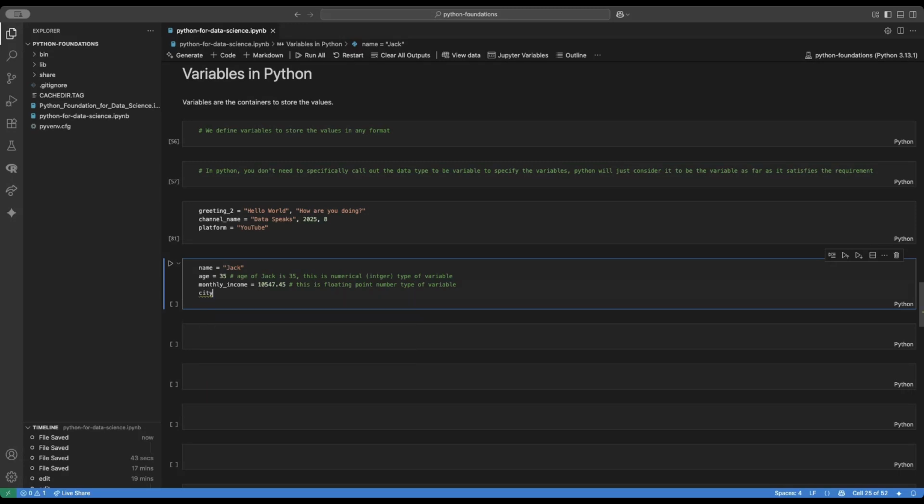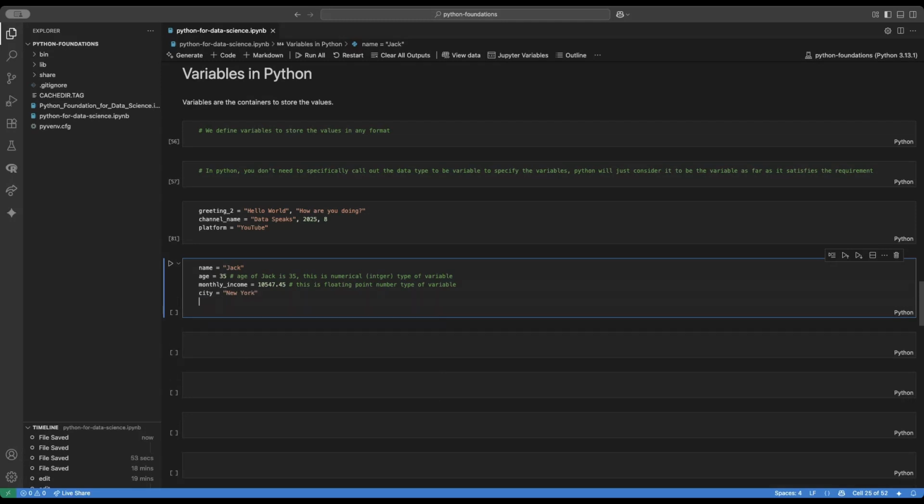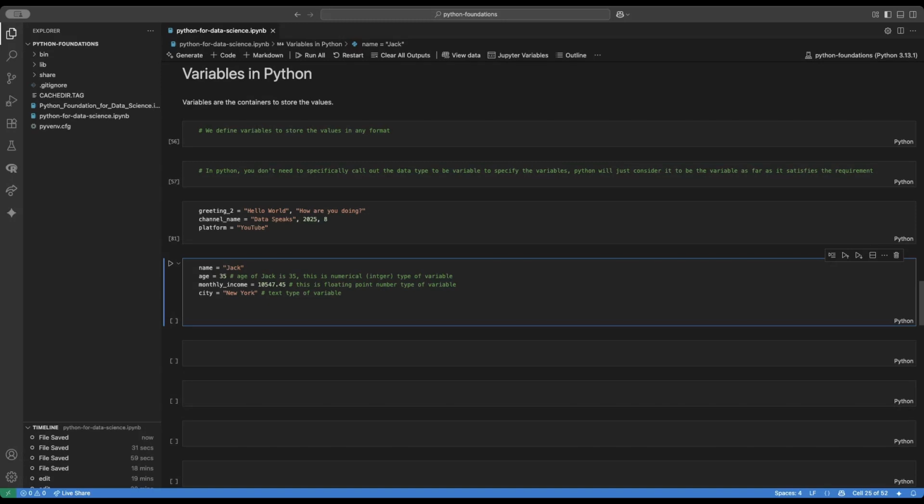And you can put city here, and you can put New York. This is text, again a text type of variable you can store. And also let's do this, family